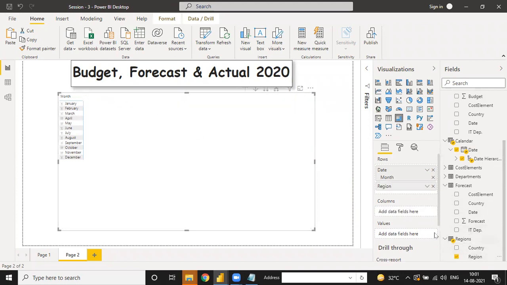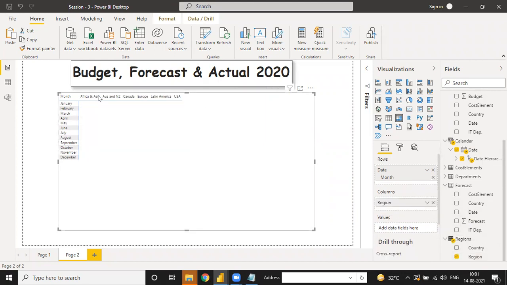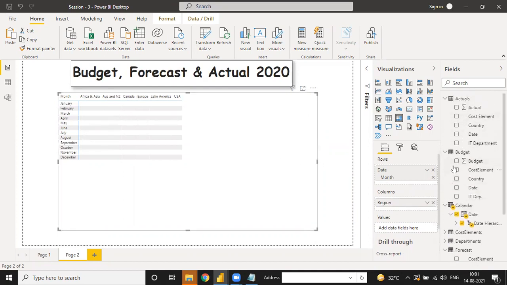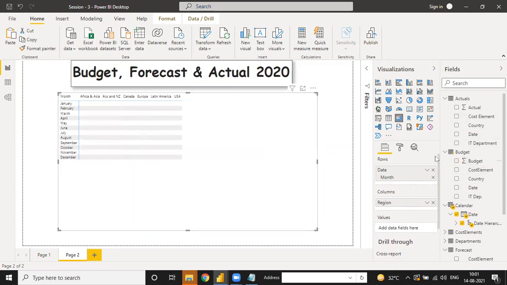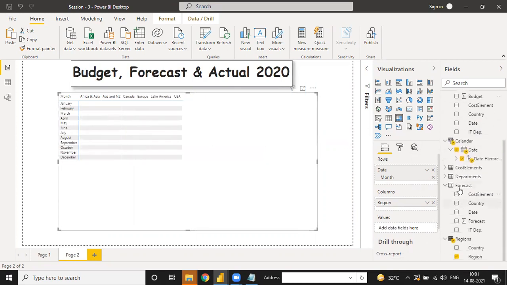Okay, so total regions are 1, 2, 3, 4, 5, and 6. Okay, so now we have to choose the budget. See, as per budget it is region wise. Otherwise, you have to choose the forecast.